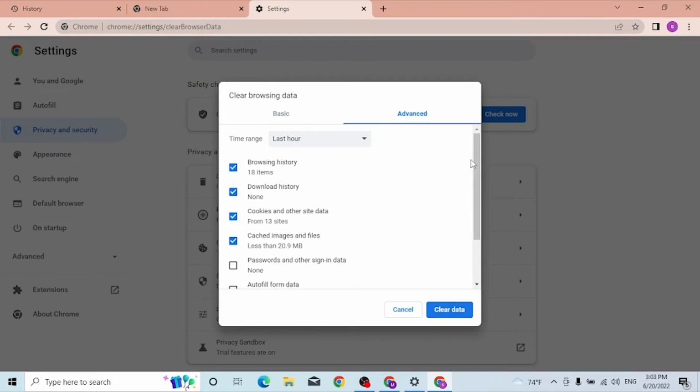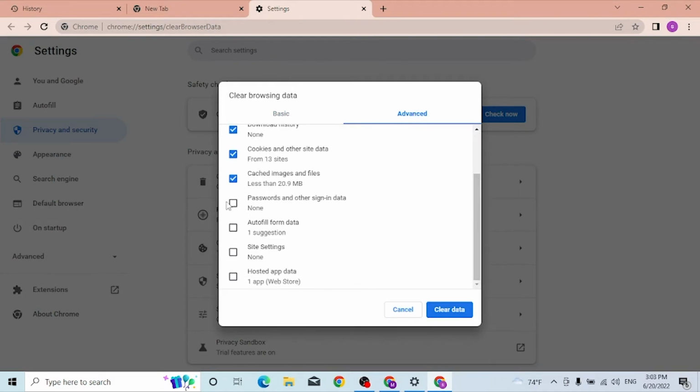You can see Advanced over here. If you don't want your passwords to be deleted from Google, you can see the password option available over here. Click over there, autofill and all these, and the clear data option is available over here on the bottom right corner of the dialog box. Click on clear data,